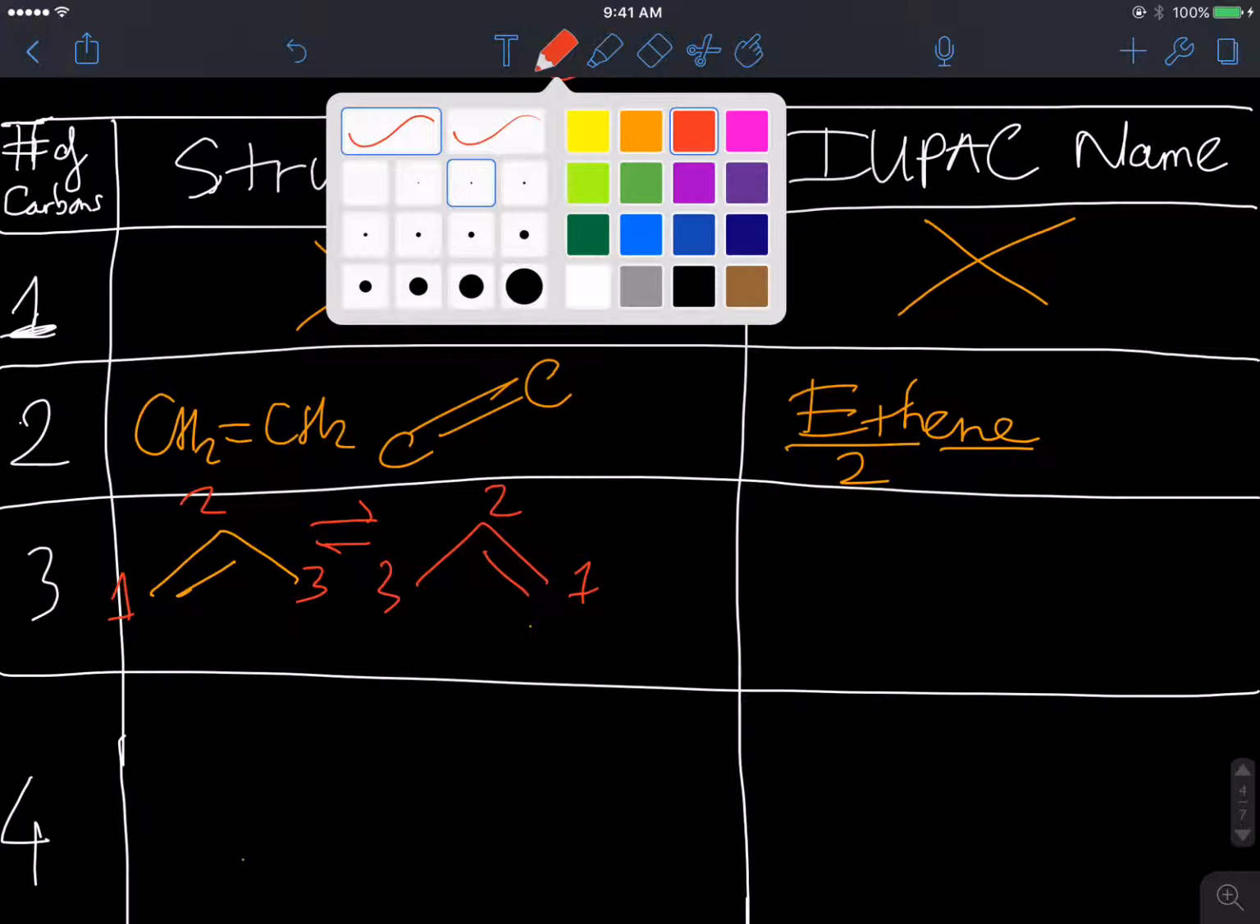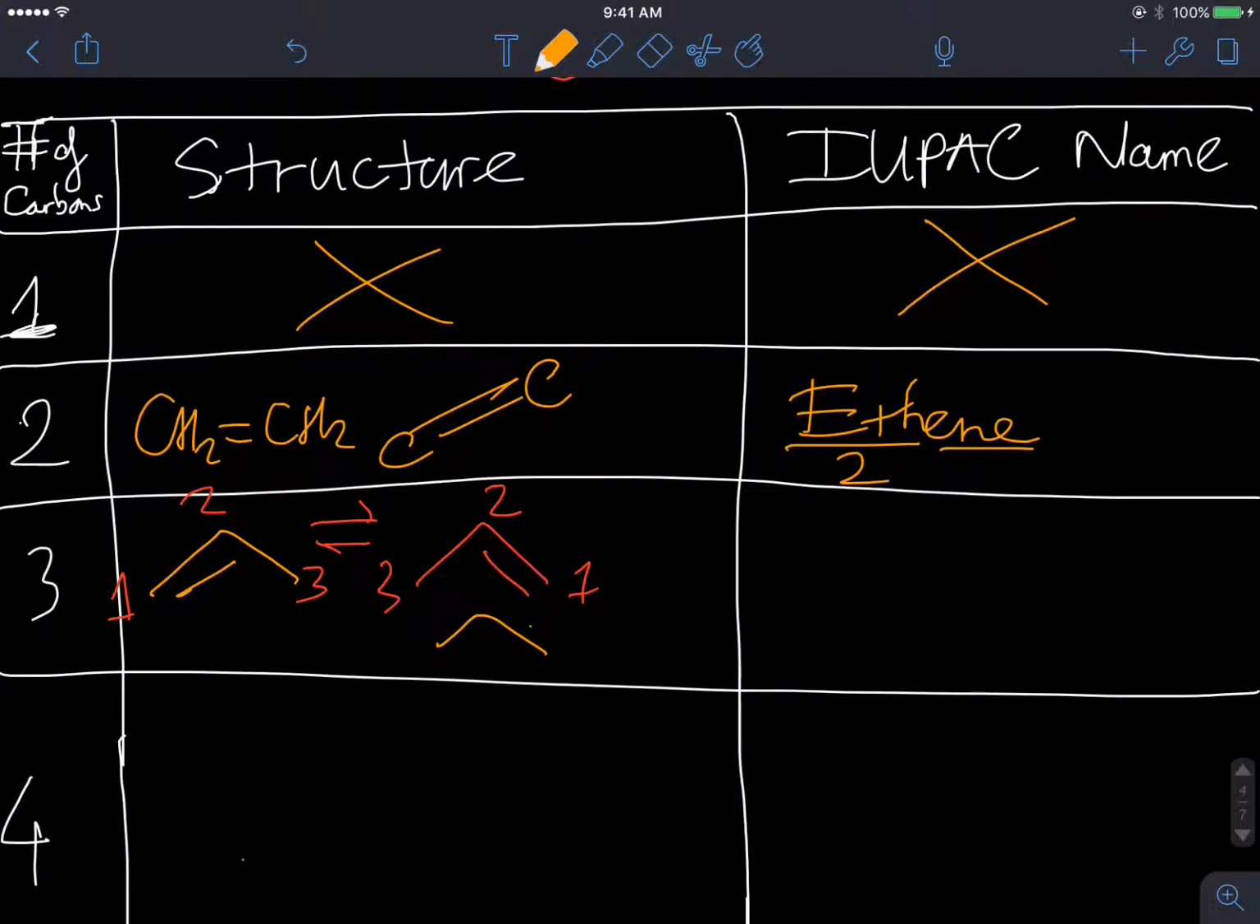And how about this structure? How about we number like this? 1, 2, 3. It's not going to work because the location of the double bond starts from 2, which is bigger than the location of the double bond we had before, number 1 right here. So this is not chosen. We choose number 1 as the location of the double bond. And what's the name for it? 1-propene